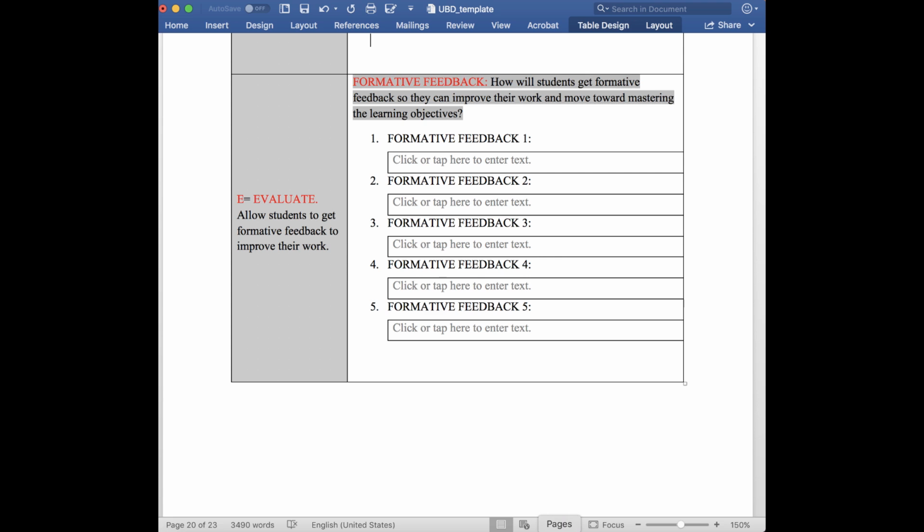Evaluate. Allow students to get formative feedback to improve their work. How will students get formative feedback so they can improve their work and move toward mastering the learning objectives? So again, when you're planning learning activities, you want to provide the opportunity, maybe a scaffolding type approach where they turn in part of an assignment, get feedback from the instructor, and then continue on to the next section, or even just peer reviews where they can get some feedback